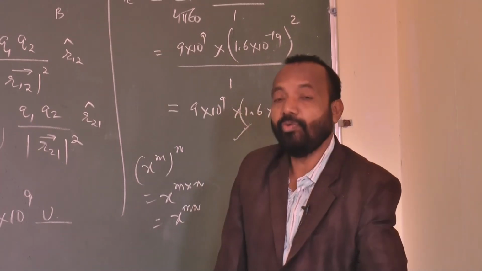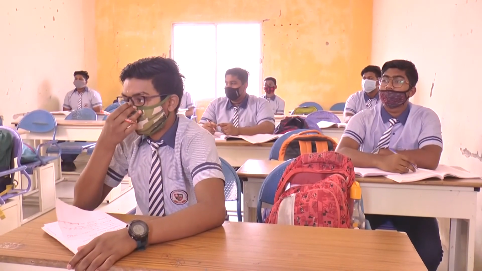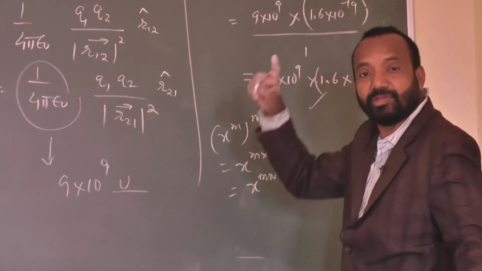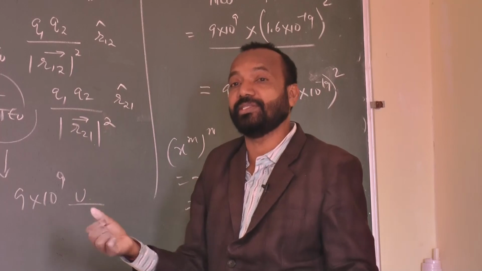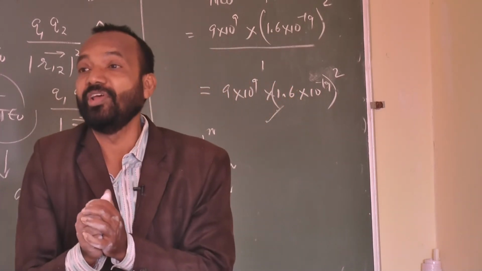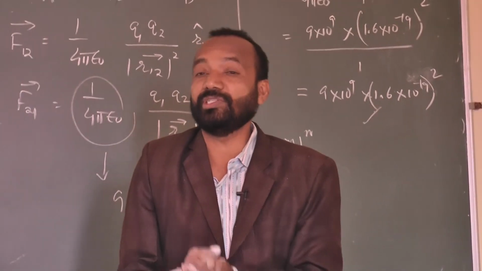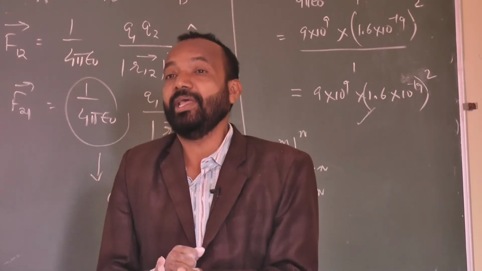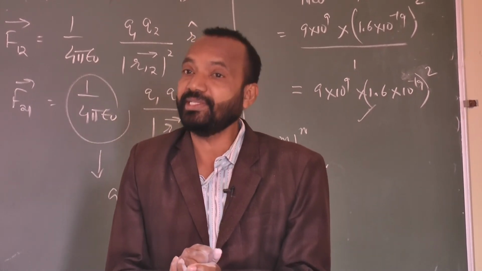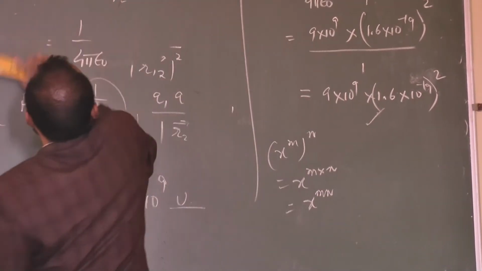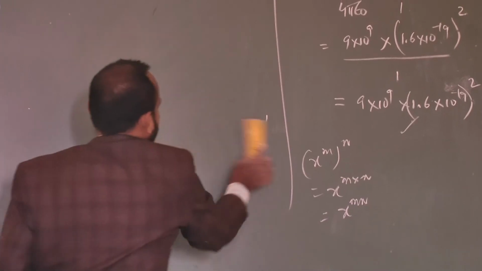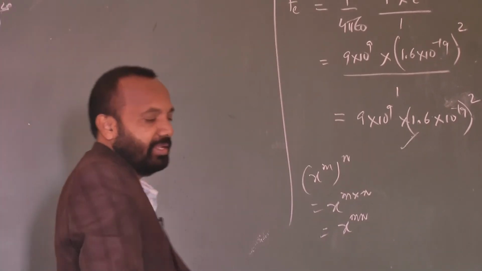Sometimes we can compare the electrostatic force and the gravitational force also. In the case of gravitational force, we can consider the same kind of expression as the Coulomb force. Any two bodies in this universe get attracted by a force of attraction which is directly proportional to the product of their masses and inversely proportional to the square of the distance between them. Suppose we consider the gravitational force. What will be the expression for that? Suppose a proton and an electron.